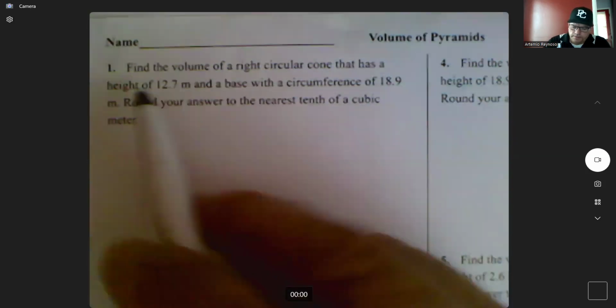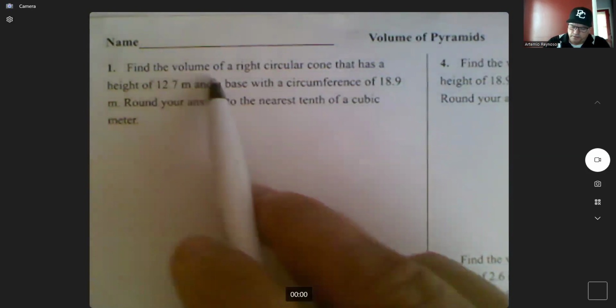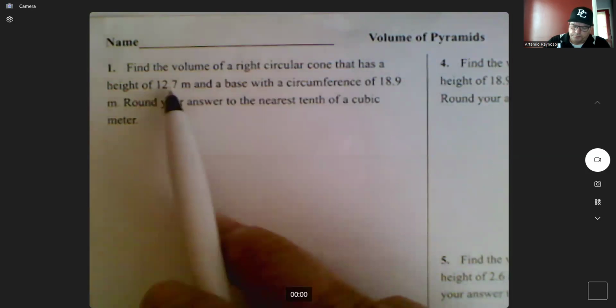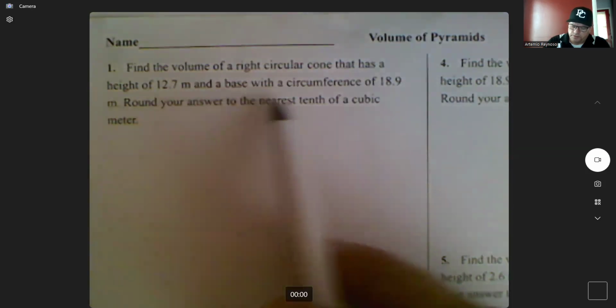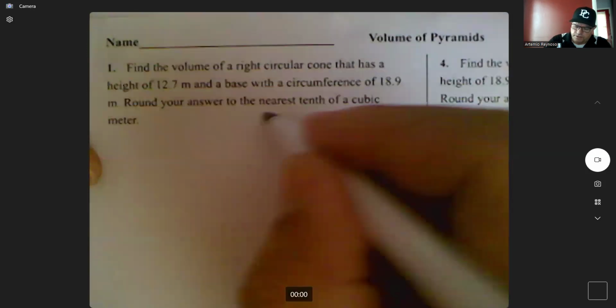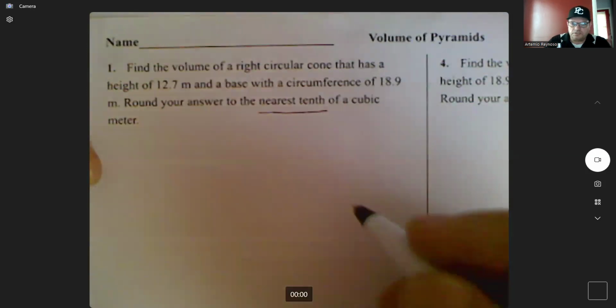On number one, we get to find the volume of a right cone that has a height of 12.7 meters and a base with circumference 18.9 meters. Round to the nearest tenth. Just to explain a little bit,